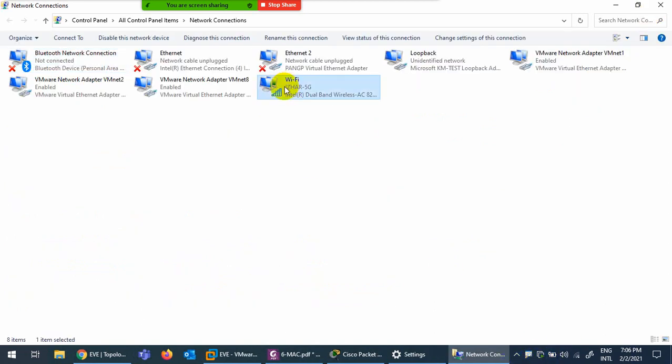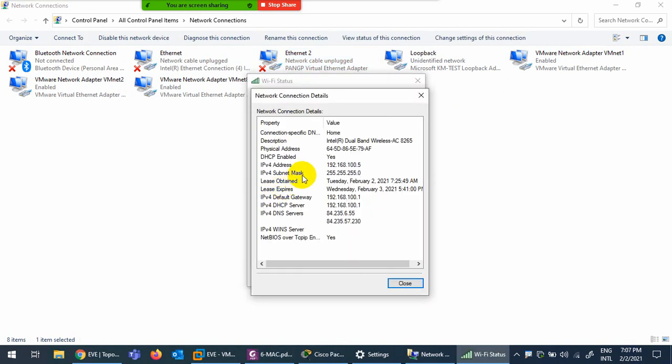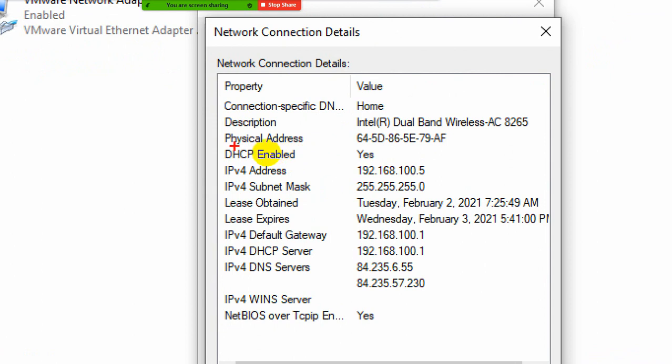Yeah, so this is Wi-Fi, you can see this bar, so it's the Wi-Fi MAC address. This one is the Bluetooth MAC address, sorry, the LAN card adapter. This one is virtual VMware. This loopback is also a virtual, logical one. This one is the physical one, you can see the RJ45 sign. Every interface, if you click on it and go to details, you will find the MAC address, the physical address. I told you there are many names for one thing, and it's in hexadecimal notation separated by dashes.